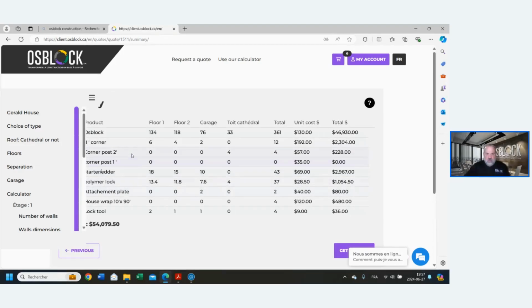The corner post for this session, we only have 8-foot corners, but if it would have been a 9-foot ceiling, we would add a 1-foot corner. And you also have the starting plate and the end plate that goes on top of the wall and on the bottom of the wall for your starting plate. The locks are included as well, and the lock tool. So we have that for our first floor, our second floor, our garage, and then here for our cathedral ceiling,